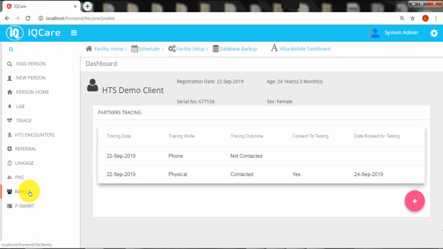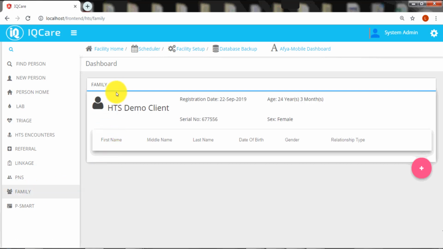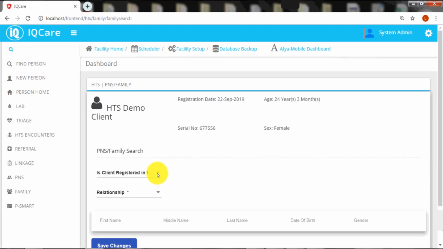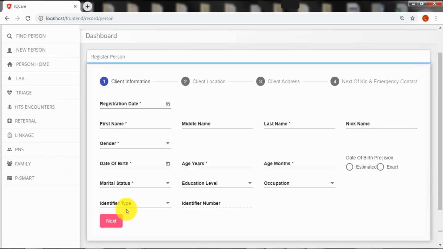The next encounter is on family. Click on the family tab and the family dashboard will appear. Add a family member by clicking the add button. If the family member is registered within the facility, you select yes and you'll find the contact. But if not, you select no and click register new family member. Once you click it, the system will automatically redirect you to the registration dashboard to proceed with registration. So let us get back to the family